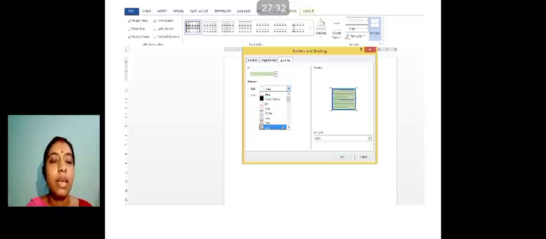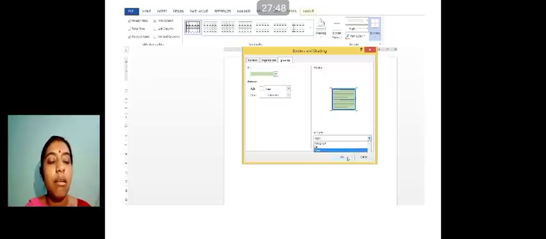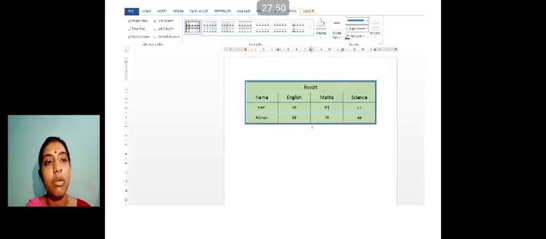If you want to enter any pattern, you can select it, and the preview is displaying. Here also the option is available, apply to table, cell or paragraph, whichever is your requirement. See, I have changed it. Earlier it was orange, now it is blue.